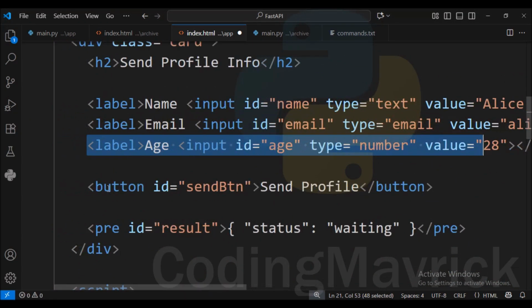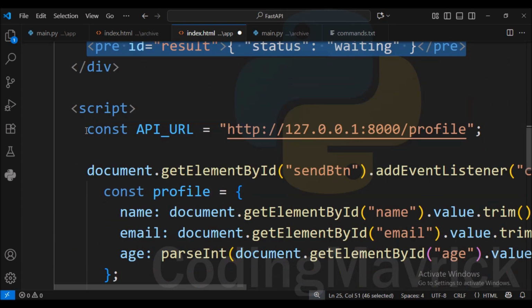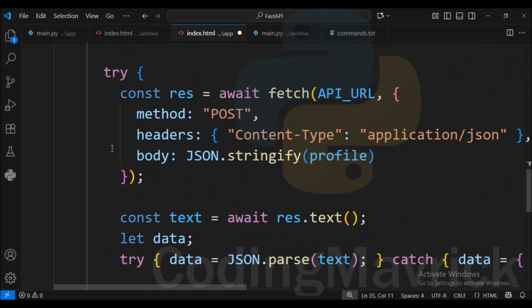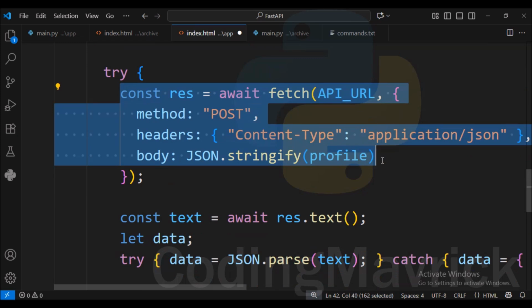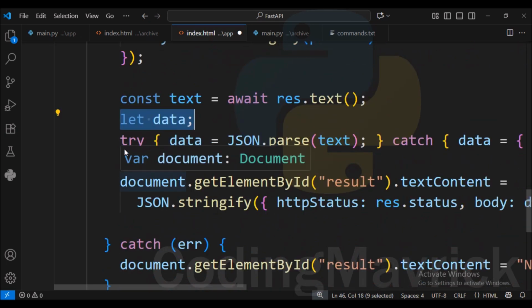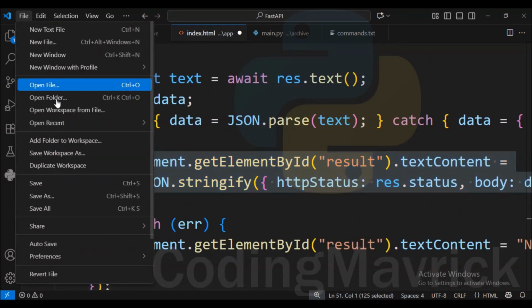With the send profile button, we'll create a profile object in the HTML file and put the name, email and age values inside it, and then put this profile object in the request body of the fetch function by using the POST method. Then we will get the response in text form in a data object and display it on the web page.